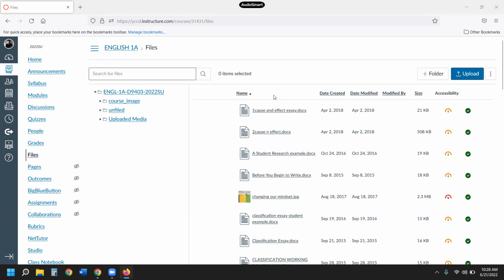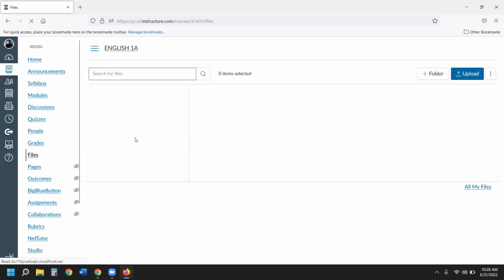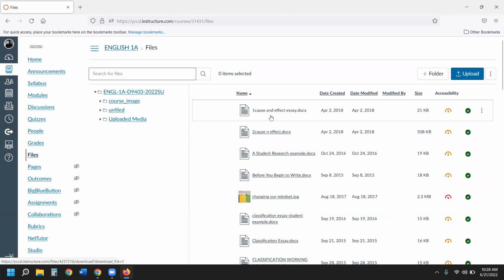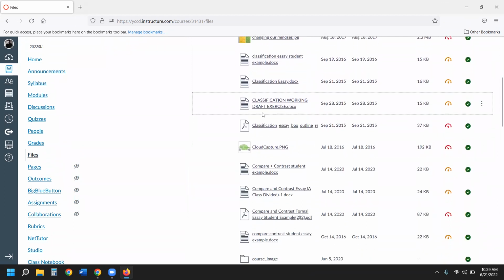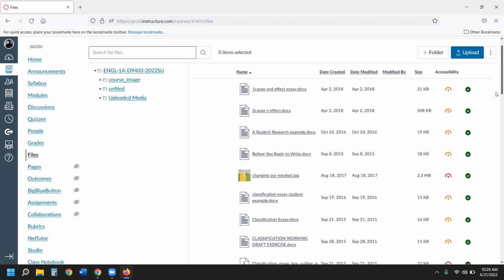So first, before I begin, I'd like to point you in the direction of the files section. That's here, and in it you'll find several essays. These are student example essays of a cause and effect essay. There's the research essay, classification essay, and some other things to look at, compare, contrast, etc. I'm going to use one of these as an example during this discussion, but